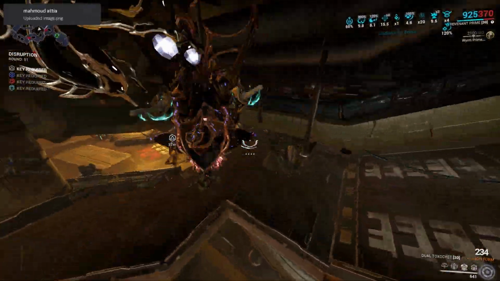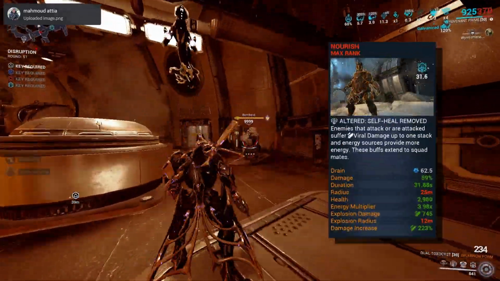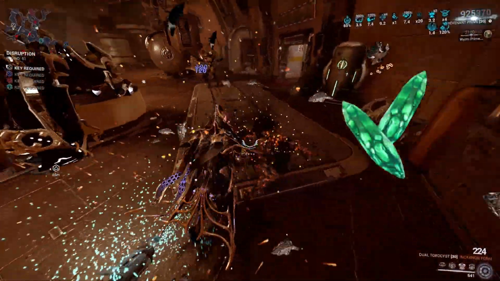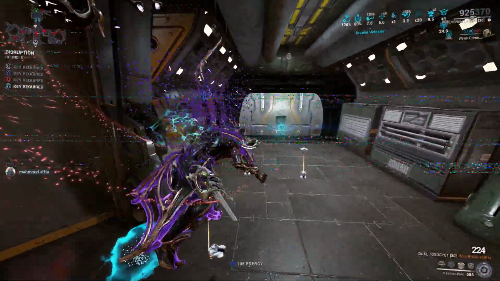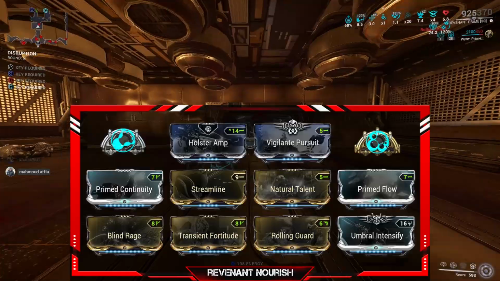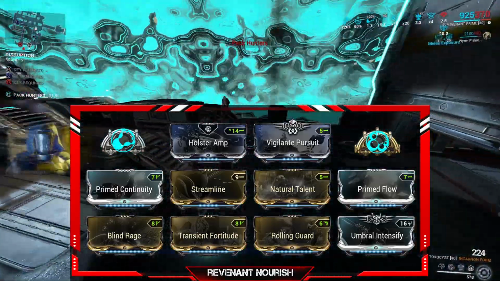My Warframe's build, which is the one and only Revenant. Again, with the helmet it was Nourish, and the 2 green shards to increase my maximum corrosive status effect stacks. Okay, let's see the build. In my arcanes, I have Arcane Velocity to increase my fire rate, and Arcane Precision to give me extra free